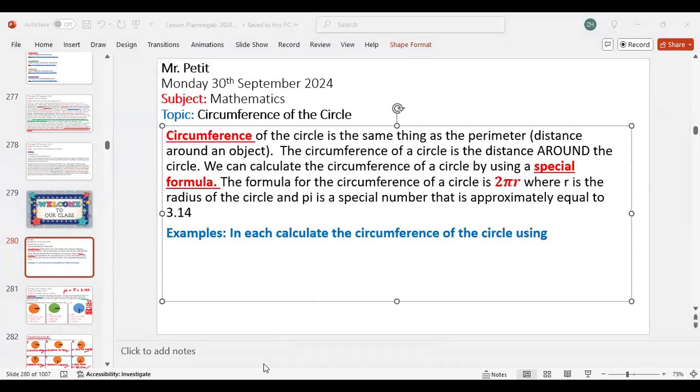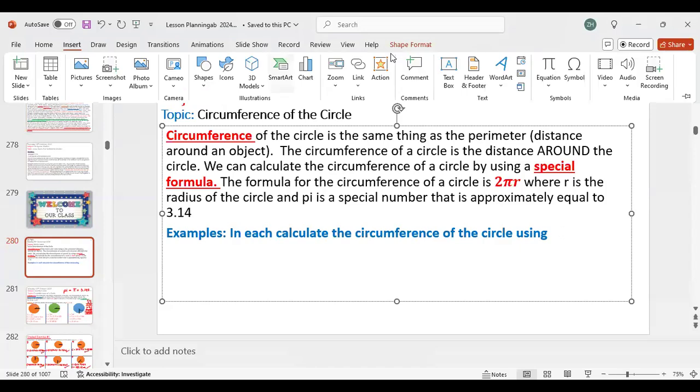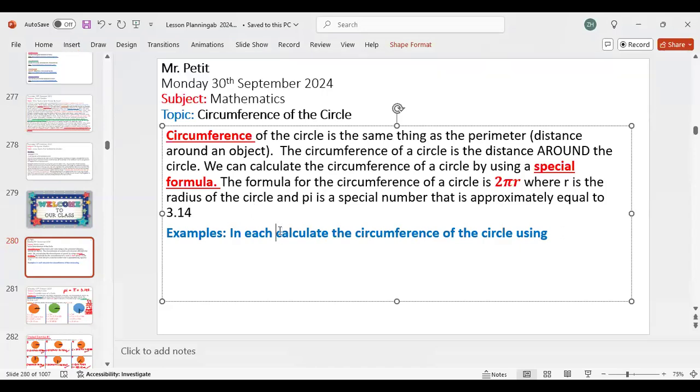In each case, calculate the circumference of the circle using pi as the first part in each calculation. In each case. Thank you. Calculate the circumference of the circle using pi as